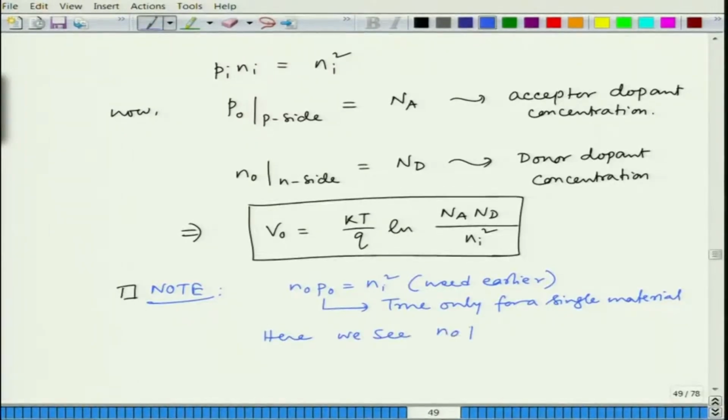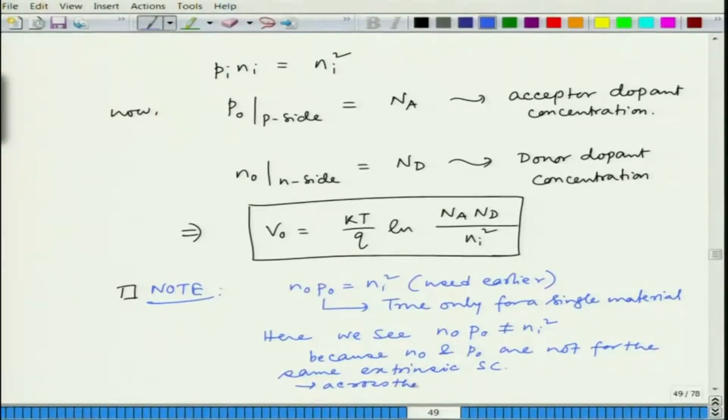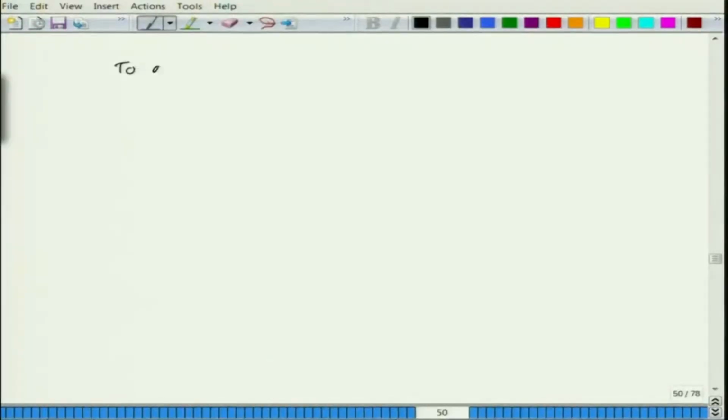Okay. So, here we see n0 p0 is not equal to ni squared, because the n0 and p0 are not for the same extrinsic semiconductor, right. We have two different materials in N side and P side. Across the junction we have two different materials. So, do not get confused by only the formula n0 p0 equal to ni squared. That is true only for a single material, and that is why we were insisting upon writing which side we are looking at, p0 in P side, n0 in N side. So, to avoid this confusion,